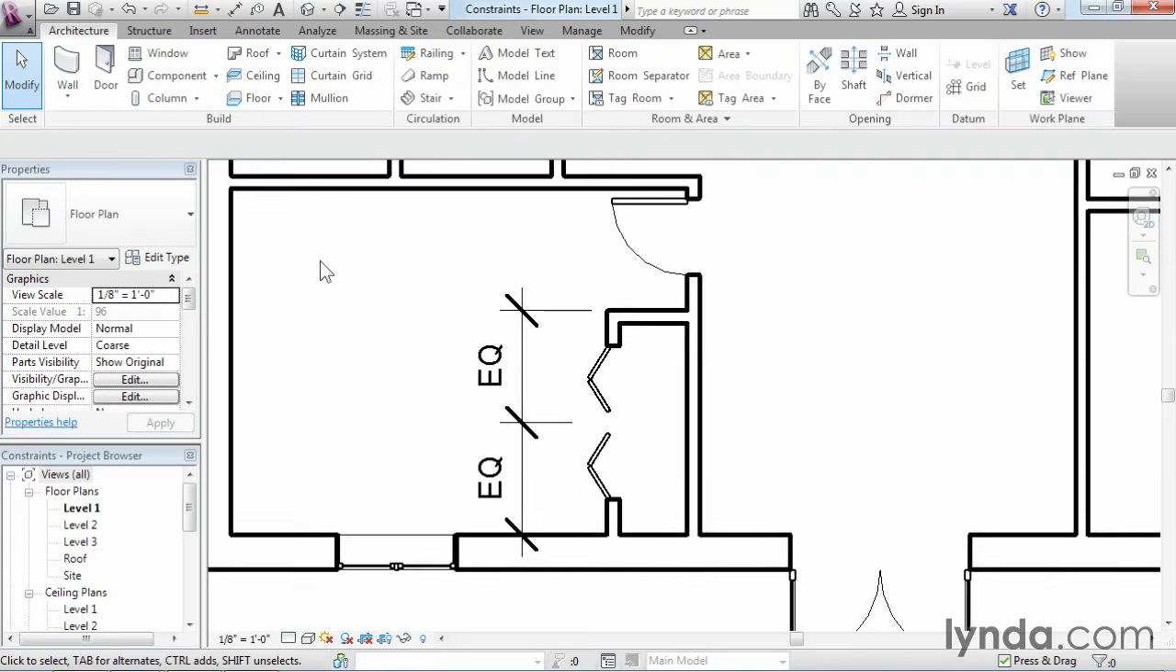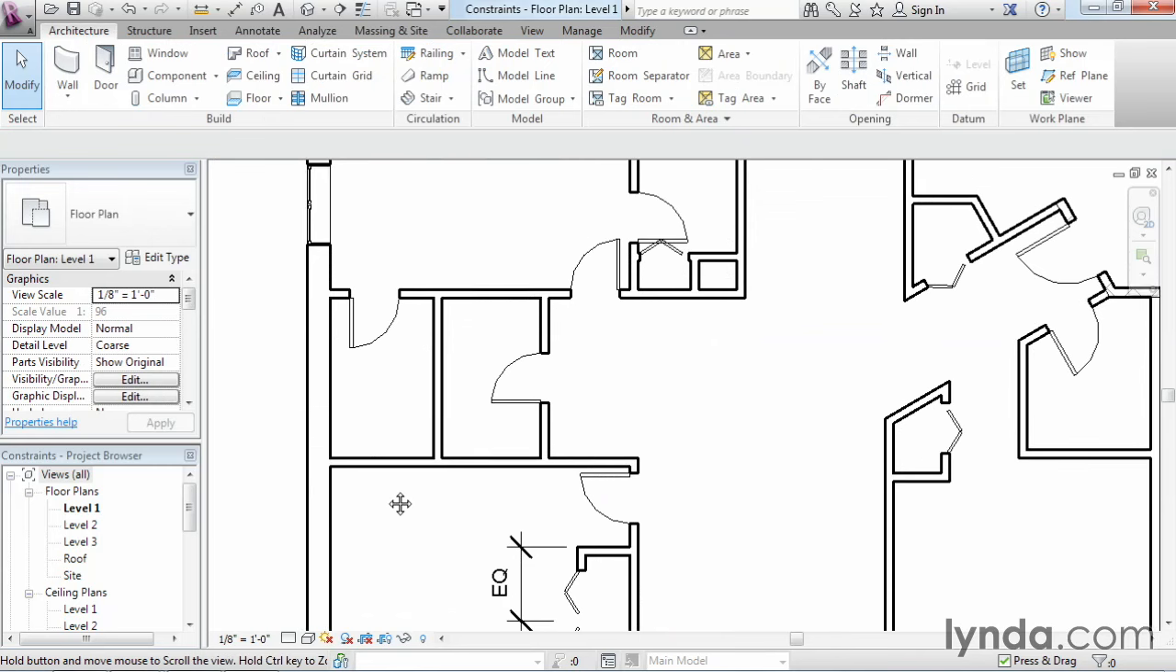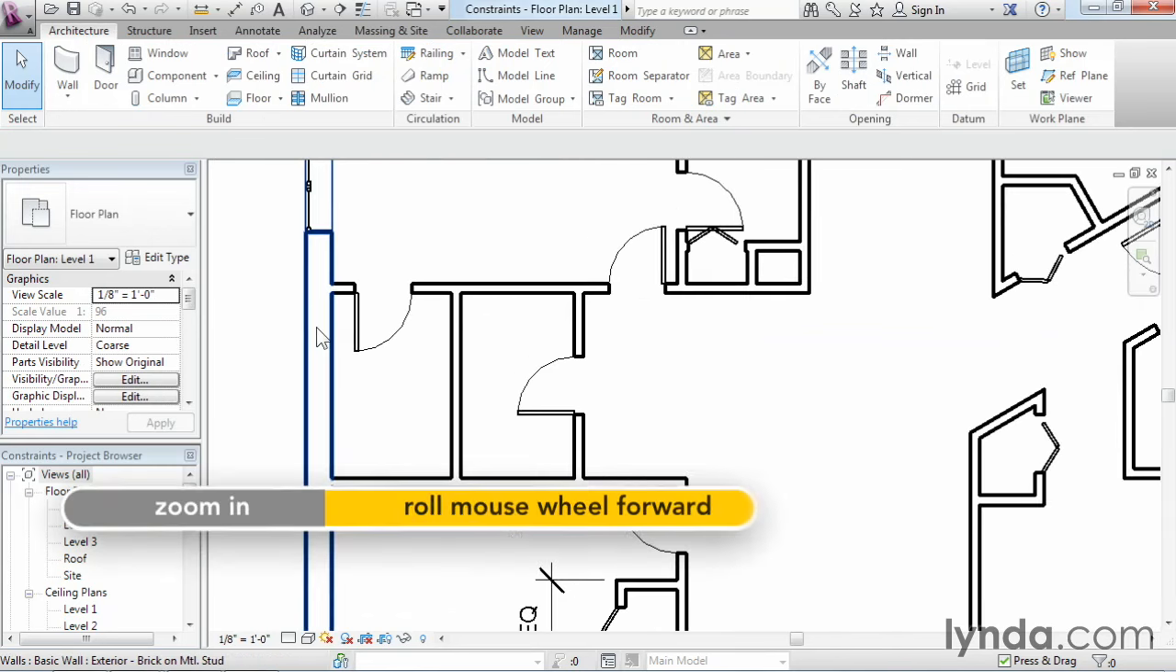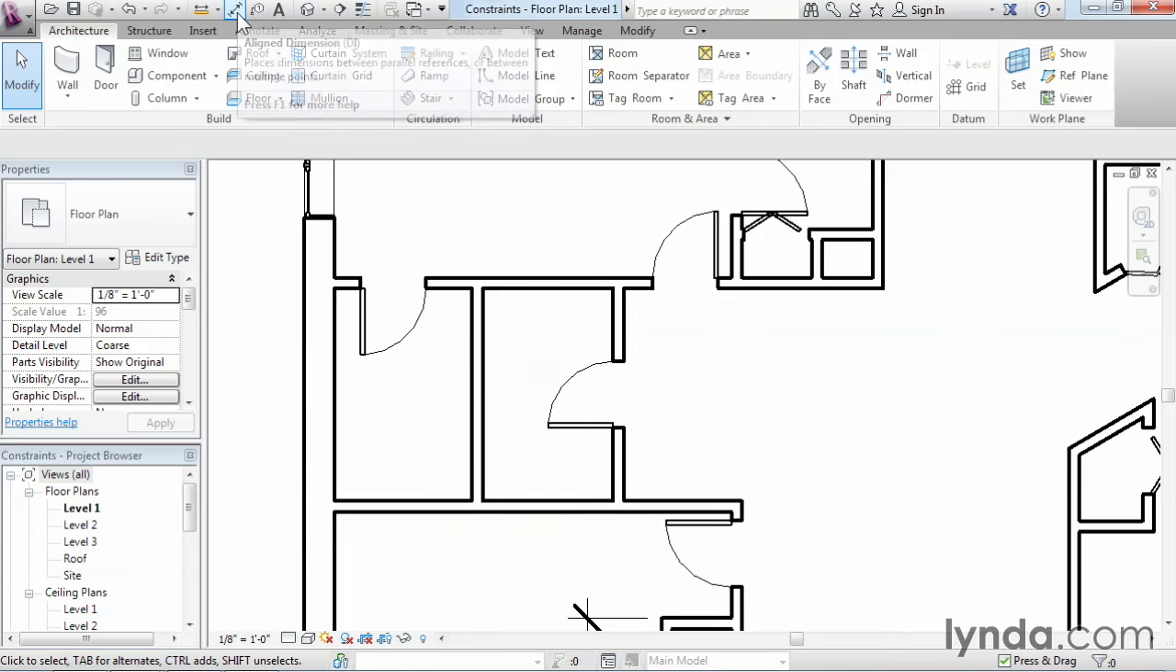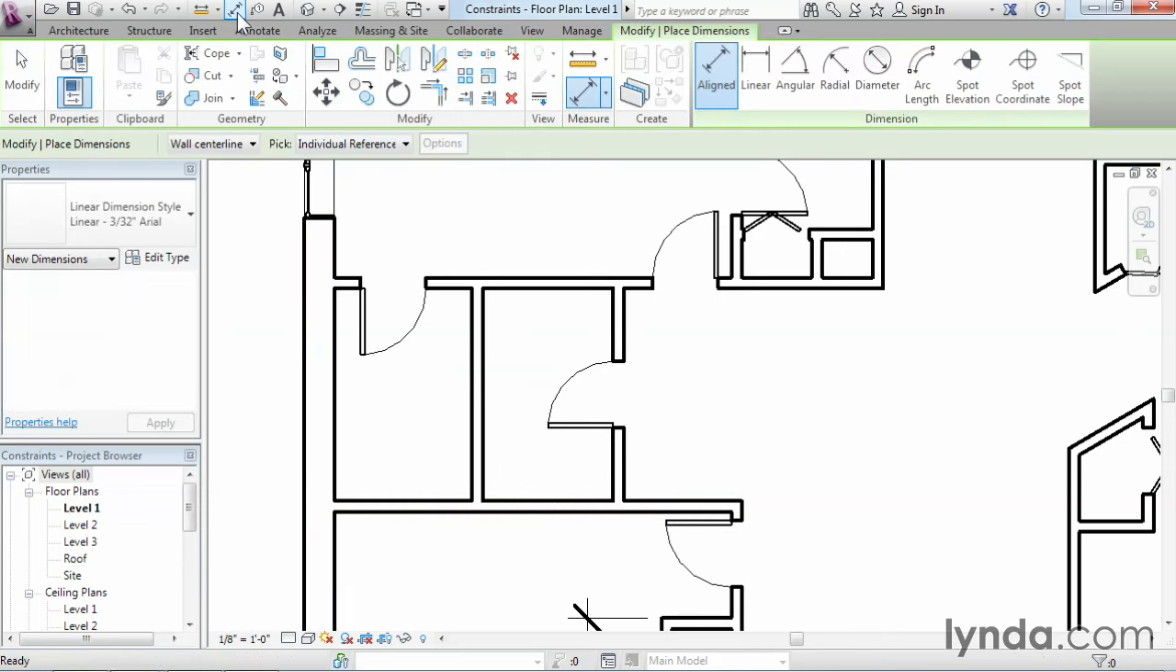Now let's look at another example of some smarts. We'll look at that lock constraint next. I'm going to zoom over here. I just use my wheel to drag over and zoom. And I'm going to come up and choose my Align Dimension again, or DI, highlight the wall, press my Tab key to get the inside face, and this time I can actually choose the face of the door